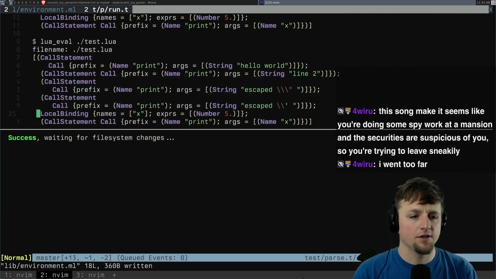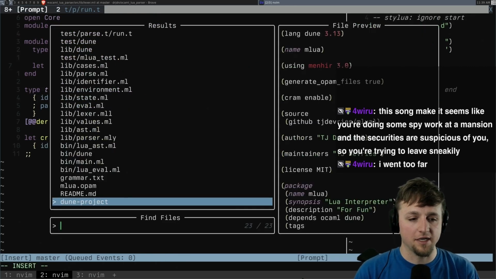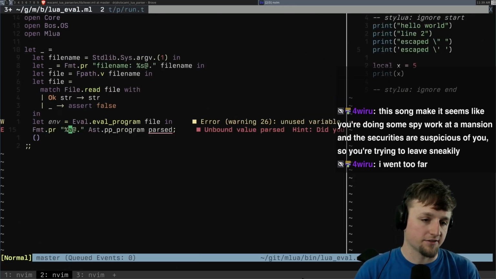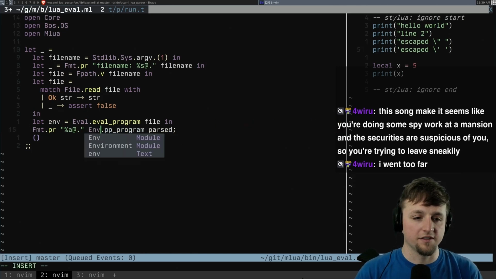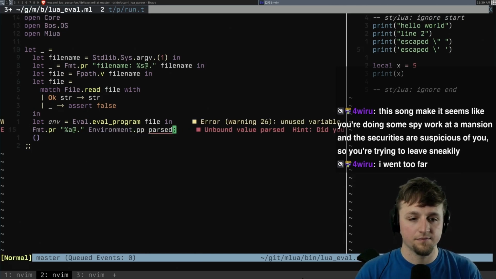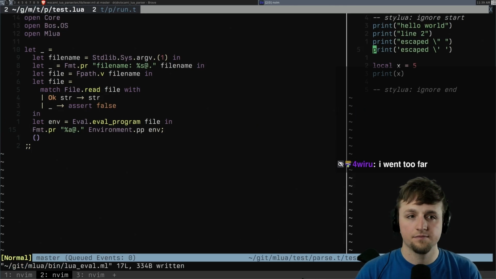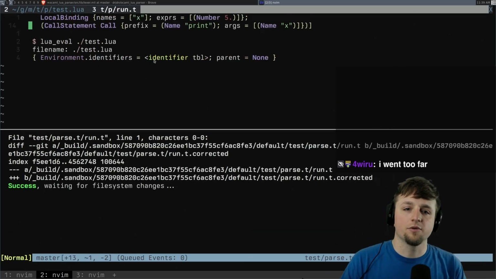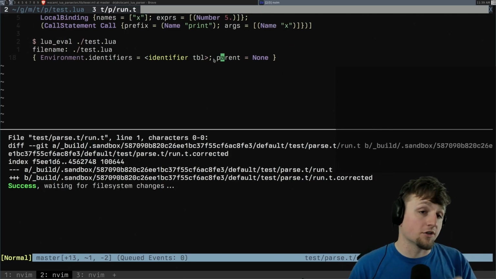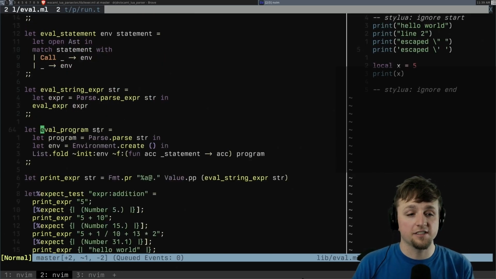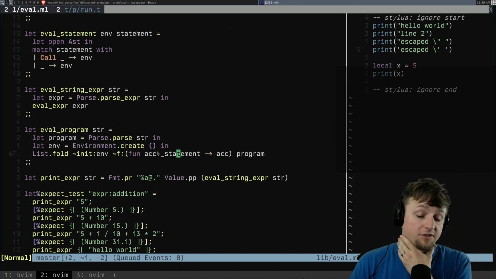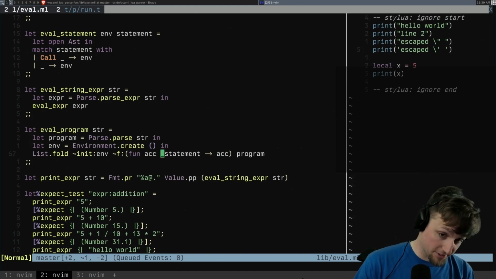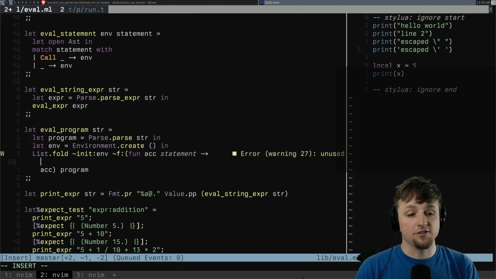All right, so with this, what we can do is go back to our Lua eval here, and we can say end, I guess is fine. And so we'll go environment end. Cool. So we just don't have anything with no parent. That's fine. So what we want to do as we're evaling this program, which right now we're doing nothing with the statements. That's really not good. We can instead do something like